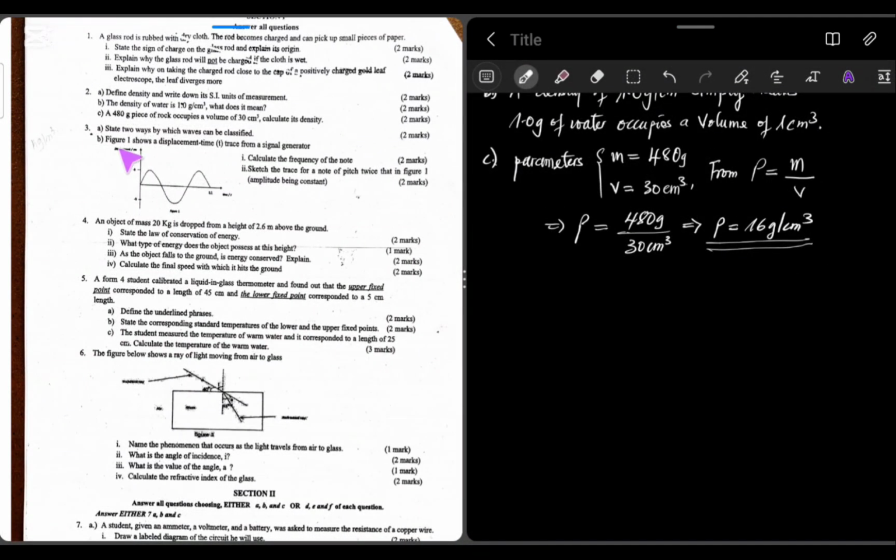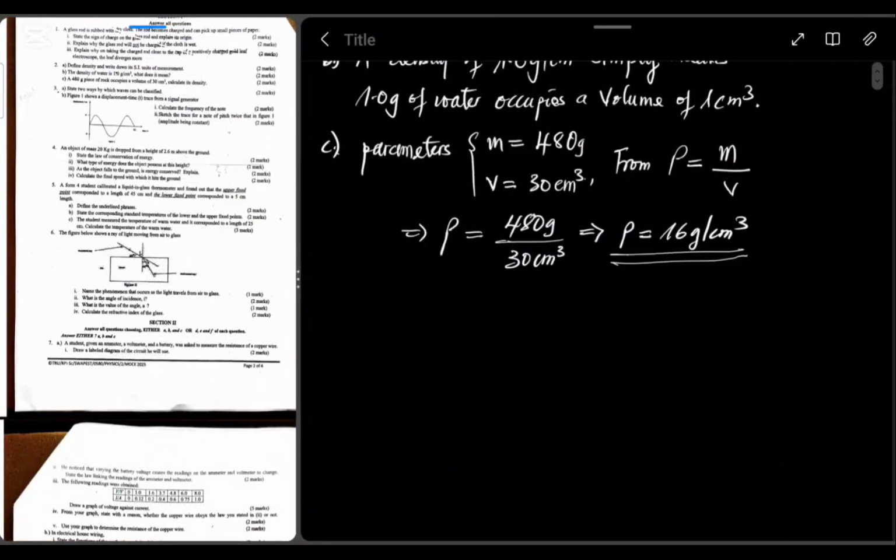Now question 3 reads, that's 3A, state 2 ways by which waves can be classified. Okay, that's for 2 marks. And B, figure 1 shows a displacement time graph traced by a signal generator. Roman 1, calculate the frequency of the note for 2 marks. Roman 2, sketch the trace for a note of pitch twice that in figure 1, the amplitude being constant. Okay, so now talking about waves,